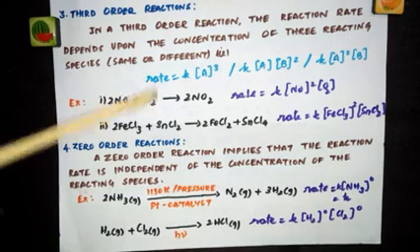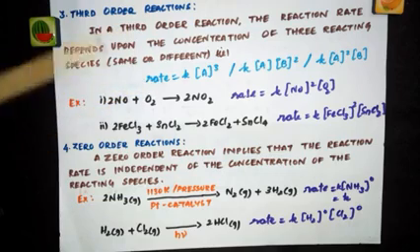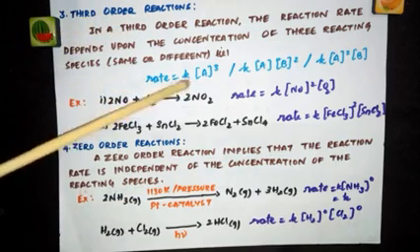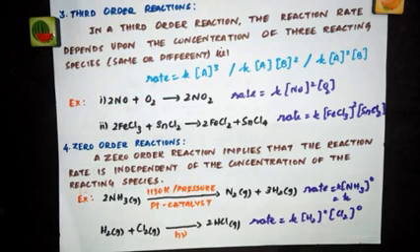You would have seen in all the rate expressions that we have written for all the different order reactions, we have a rate constant. The unit of this rate constant is different for different order reactions. A first order reaction has one unit for K, but a second order reaction has a different unit. In the same way, for third and zero order, we have different units for this rate constant. So by looking at the unit of the rate constant itself, you can say what order the reaction is. Now I'll show you how to calculate the unit of the rate constant for different order reactions.